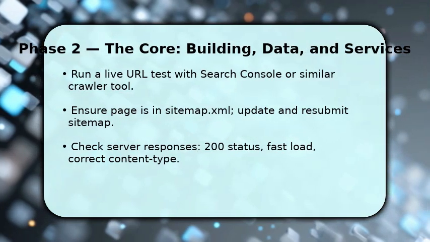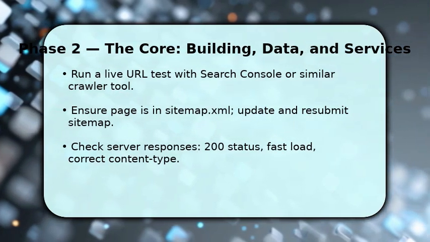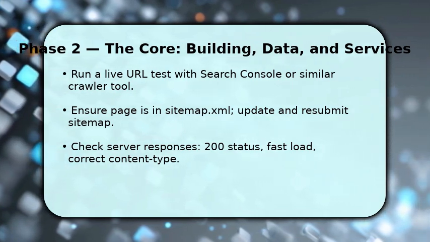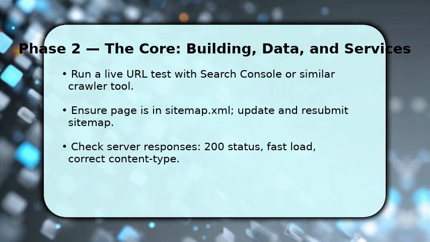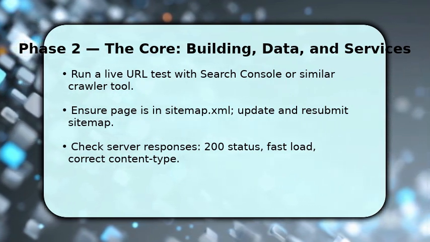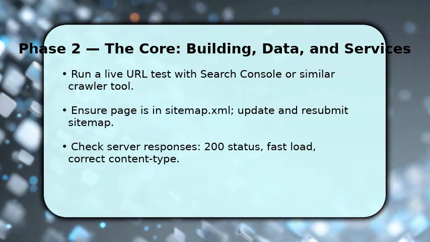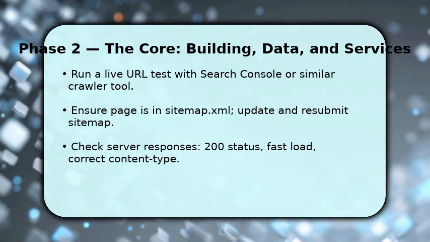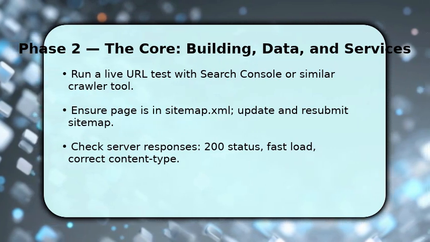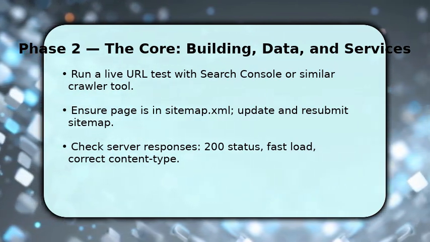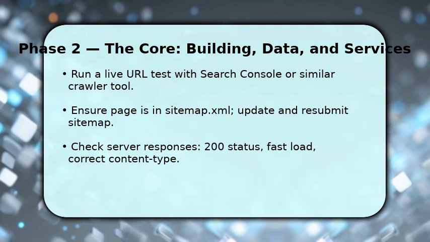Next, make sure the page is crawlable. Use Search Console's live URL inspection or a crawler to fetch the live response. You need a 200 OK and the expected HTML content. If the page isn't in your sitemap.xml, add it and increment the sitemap version, then resubmit to Search Console so crawlers prioritize it. Also address load time and content type problems, because slow or wrong responses can drop indexing